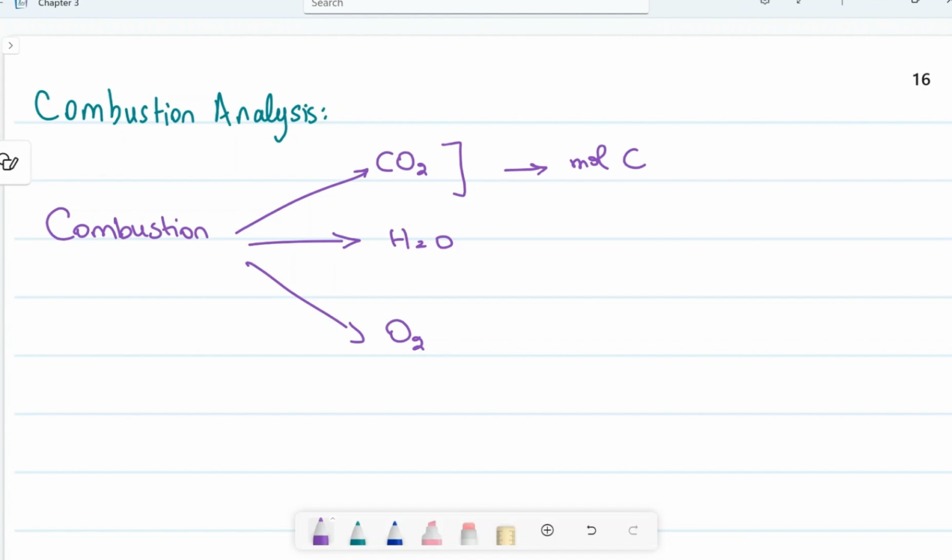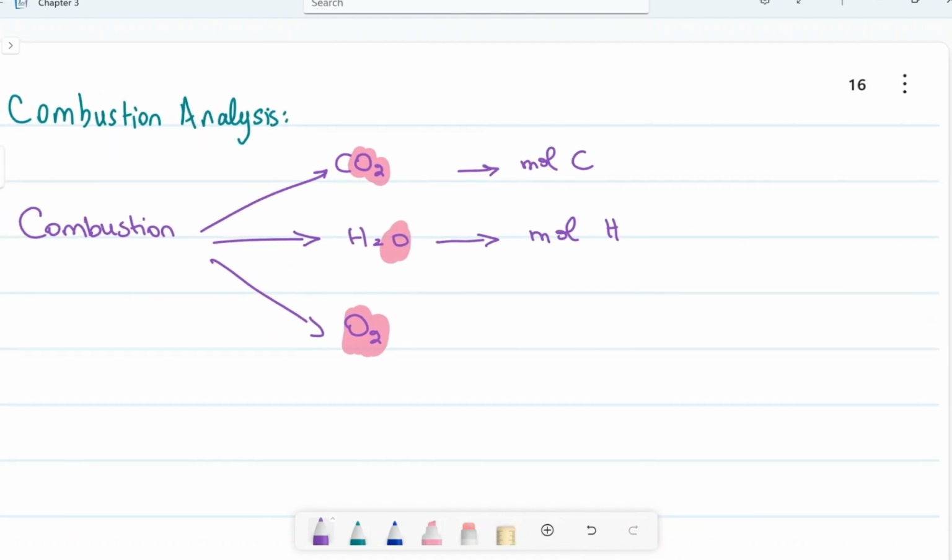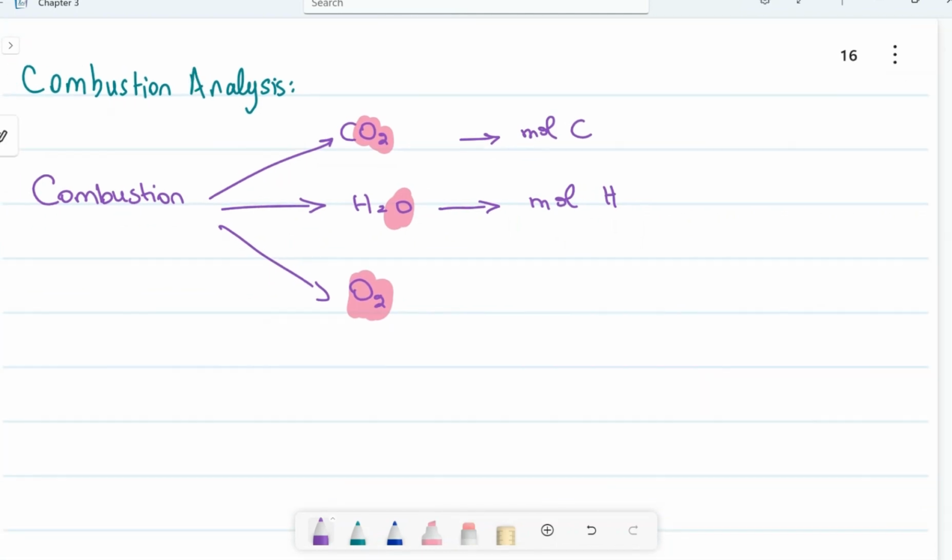And we will use the H2O we get in order to find the moles of hydrogen. However, notice that we cannot use the O2 we get in order to find the moles of oxygen because oxygen is found in O2, in H2O, and in CO2. So in order to find the moles of oxygen,